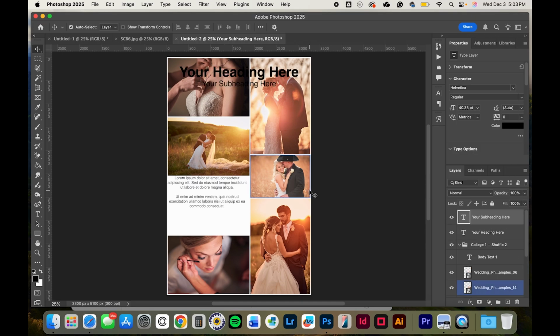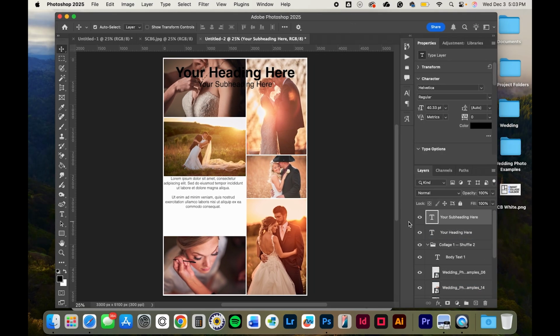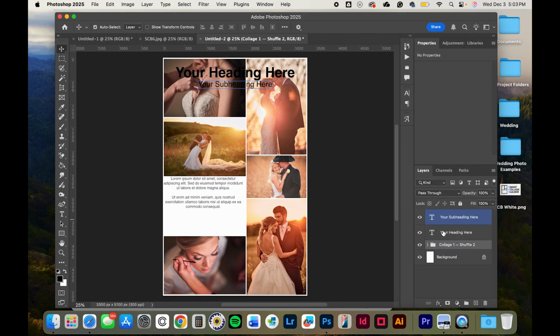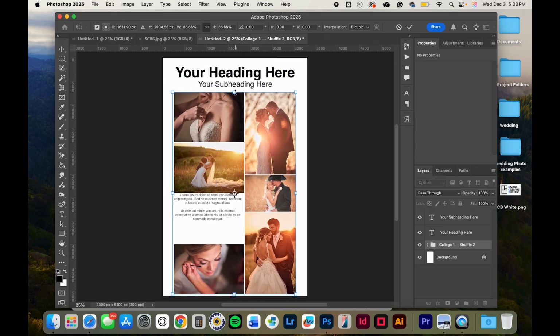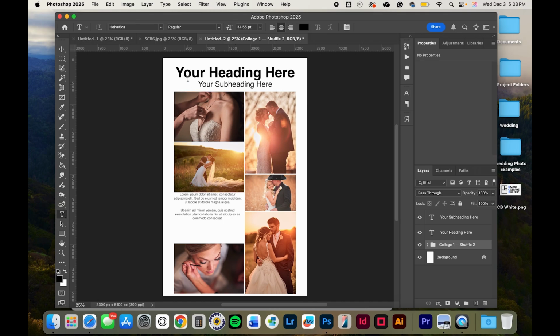And what it does is it puts some text there and it gives me a heading and a subheading right here. So this is where we have to do a little bit of moving. So I'm going to take my collage. I clicked on the collage, hit Control T. I'm going to make it just a little bit smaller. Hit Enter. And I am going to change this to